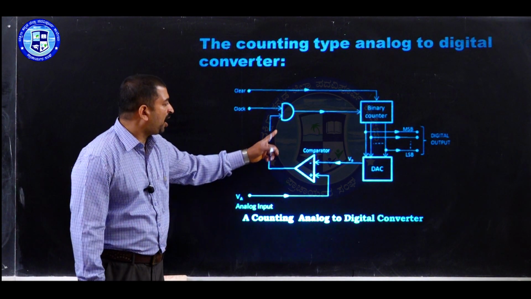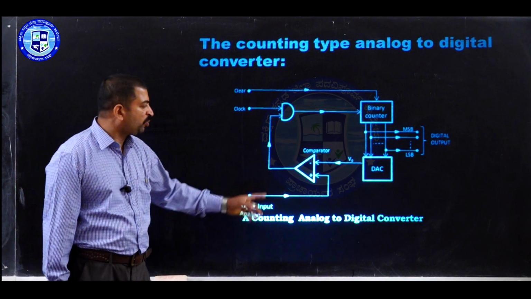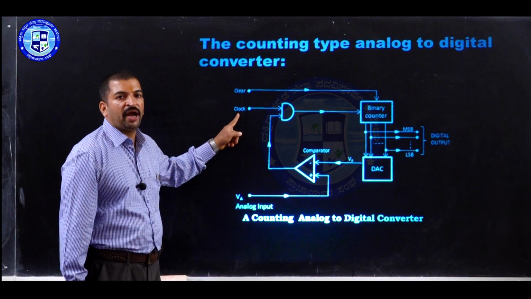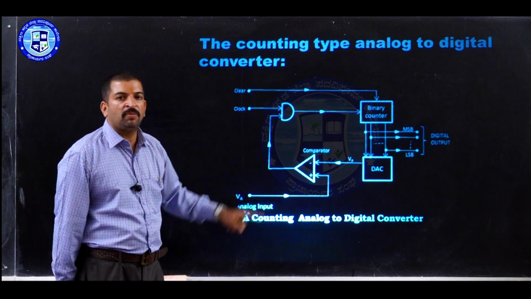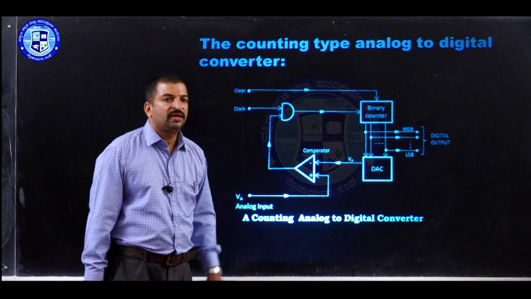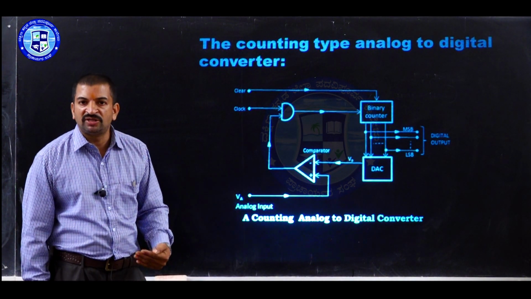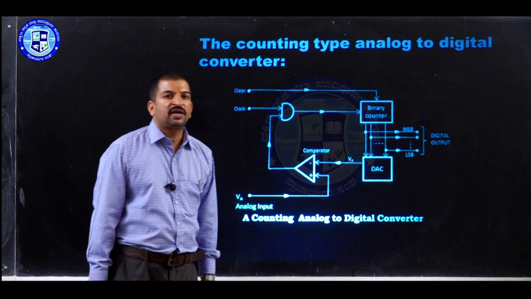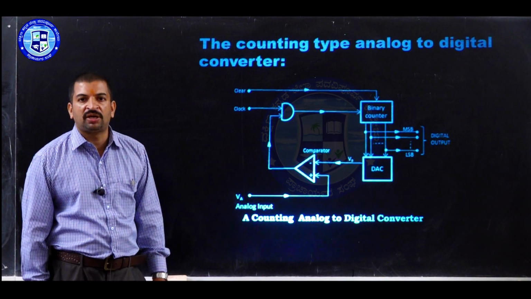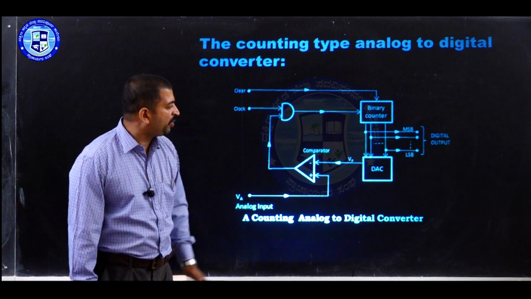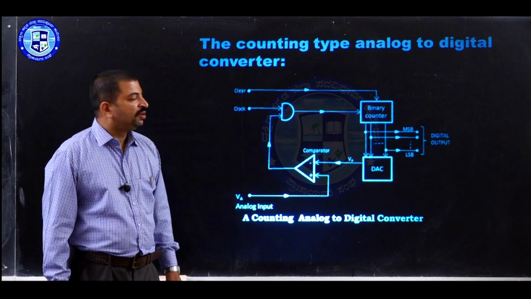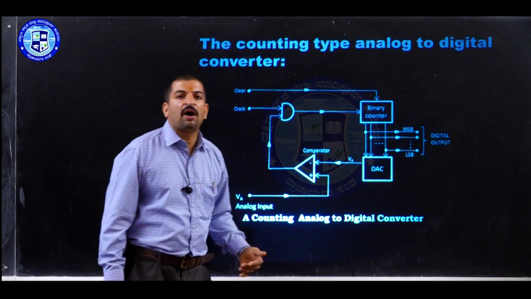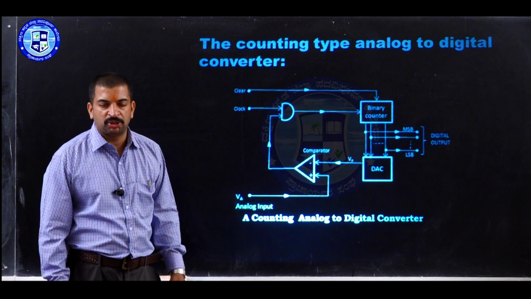This high output of the comparator is used as input to the AND gate. Now, when the clock input goes high, both inputs to the AND gate become high. Therefore, the AND gate is enabled or it produces a high output. This high output of the AND gate is connected to the input of a binary counter. Here I am using a 4-bit binary counter. When the AND gate produces a high output, the counter starts counting in an up sequence.